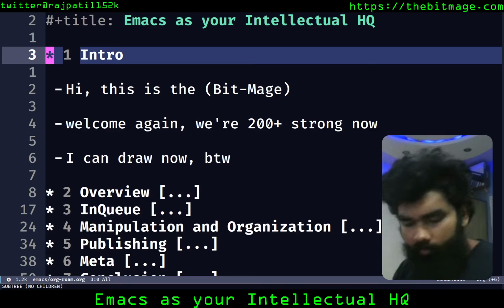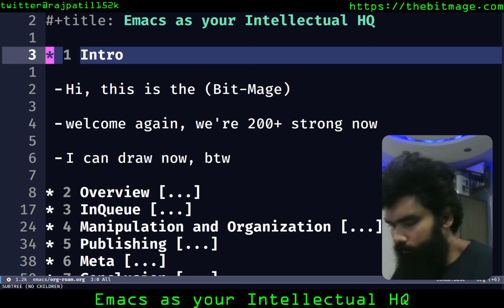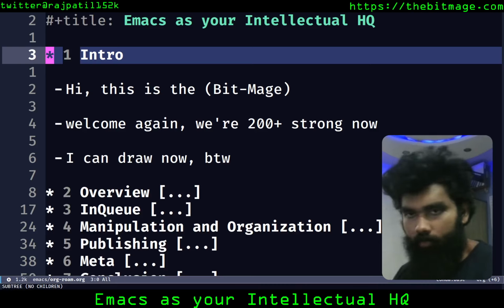The crux of it is Emacs as your intellectual headquarters. I'm going to be touching on a lot of topics right now, and today I wish to go for one of those OG videos that I used to do. No fooling around, I just go to Emacs with philosophies and ideologies baked and adapted to Emacs, and Emacs adapted